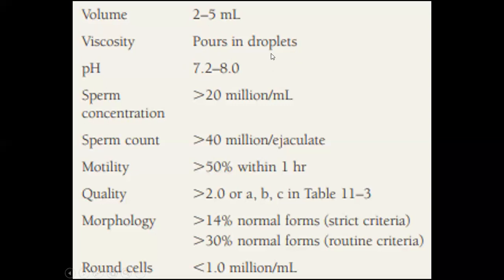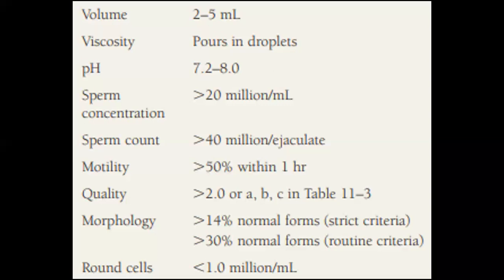So what would it mean if the viscosity is very high, the fluid is viscous, and if it does not pour in droplets? That would mean you have a problem with the secretions of the prostate gland, which might cause a deficiency of the enzymes that cause liquefaction of your